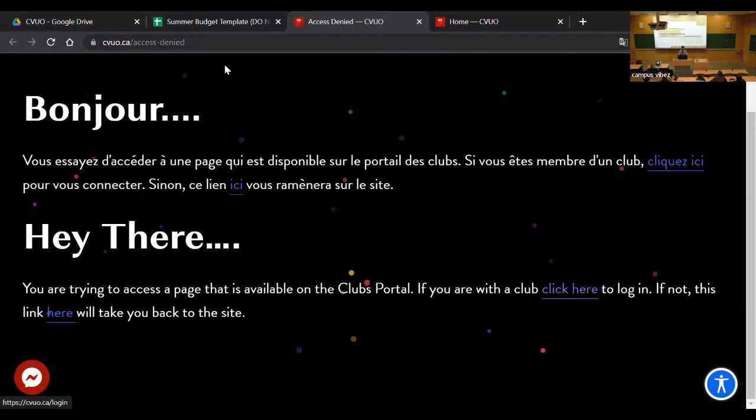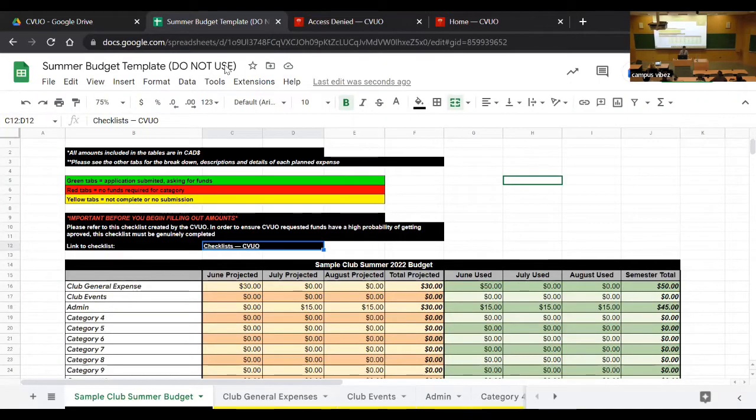But when you're logged into your CVUO account on our website, this link here will take you to a checklist. And in order to get your funding approved, you have to make sure that this checklist is checked off to the best of the event's ability. Some stuff will not make sense, but